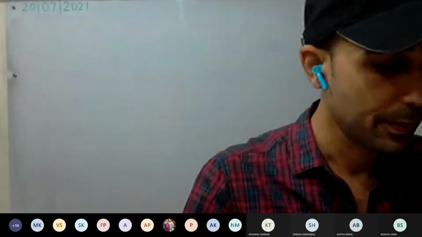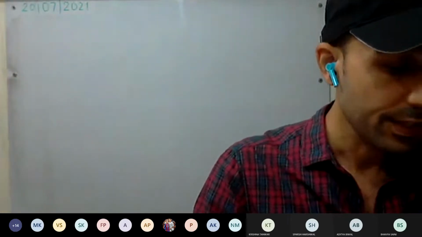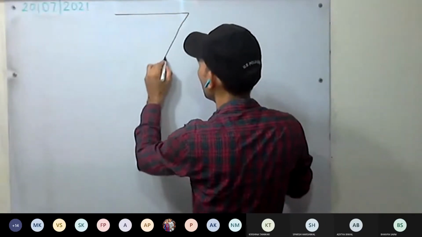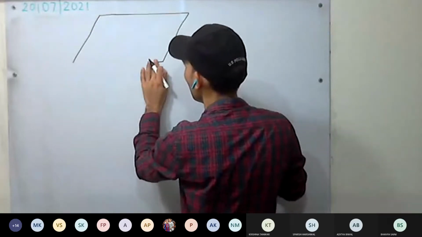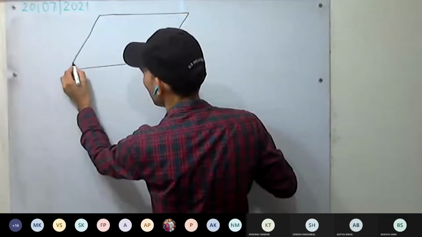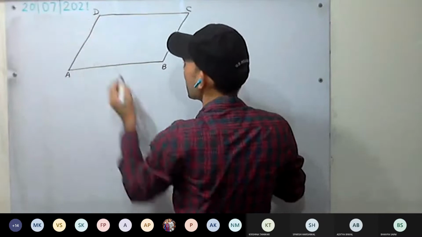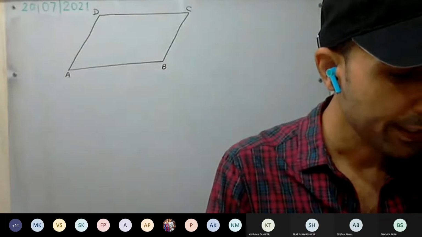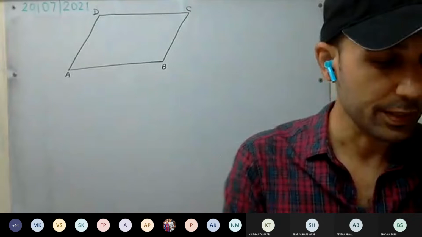Okay, now do the 9th question. Let's do the 9th question. Today we'll be able to do only the 9th. So from the given diagram in which ABCD is a parallelogram. Here we are having ABCD is a parallelogram. ABL is a line segment. We have produced the AB line, and E is the midpoint of BC.